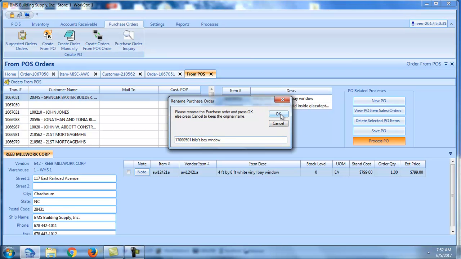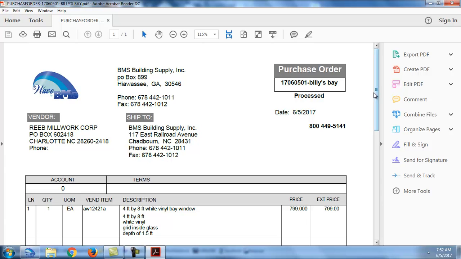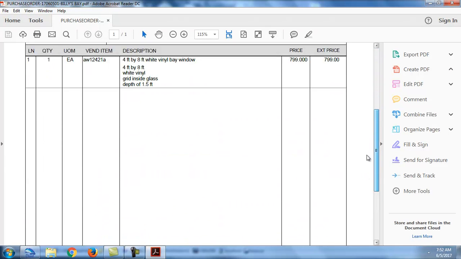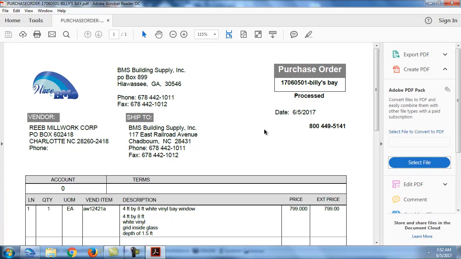So the same information passes through. I can even use the order number, so it tracks it back to what the order was in point of sale. You have complete flexibility on how you use purchase orders. But once I process it, it creates the purchase order. At this point, I can email it, I can print it, I can fax it, whatever you want to do,